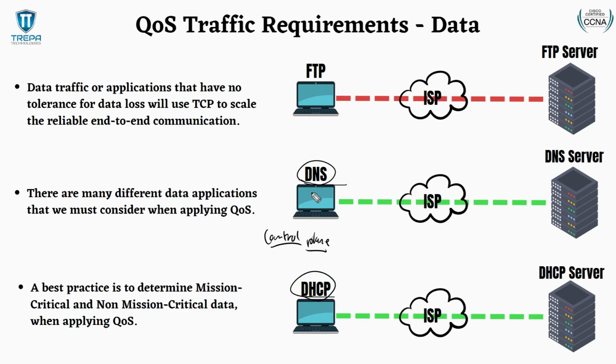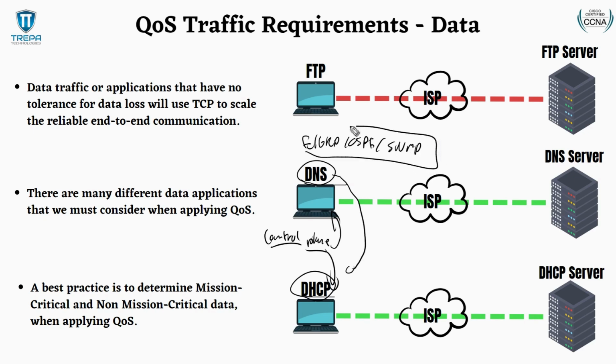Maybe we do give these a low latency queue priority of maybe 2% of our overall bandwidth, because these don't take up a lot. DNS requests, DHCP requests are literally nothing on the link. They take almost no bandwidth, but we don't want these getting no bandwidth at all, depending on how we configure it. So sometimes it's easy to group a lot of this network services traffic like DNS, DHCP, EIGRP, and OSPF routing protocol messages, right? SNMP. It's easy to group all these into one class and say, okay, this is what helps us manage